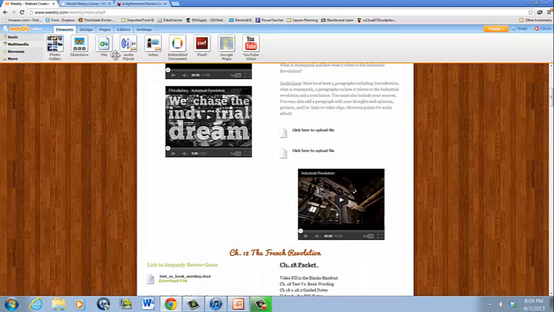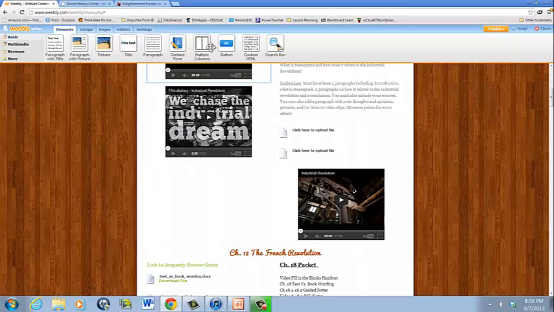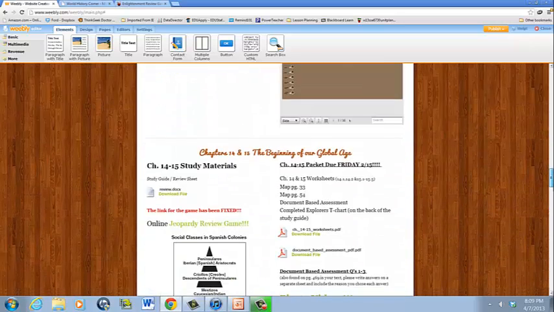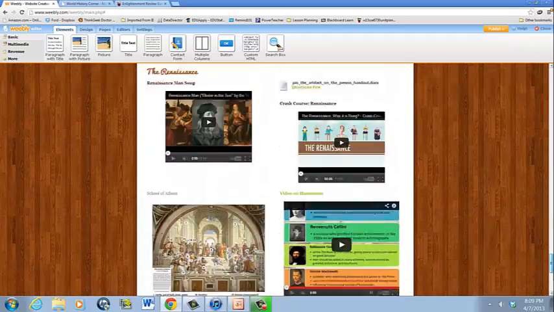Up here are your options for the different things you can add. This is the multimedia section, so you have photo gallery, file here, an audio player, video, and YouTube. I haven't used the video one yet because you have to have a paid membership to upload your own videos, but you can add as many YouTube videos on there as you'd like. So I just upload videos to YouTube and then post the link that way. Then there's also the basic section where you can do paragraphs, paragraph with picture, title, multiple columns, which is how you get things side by side here. I think it's pretty simple and straightforward to use,